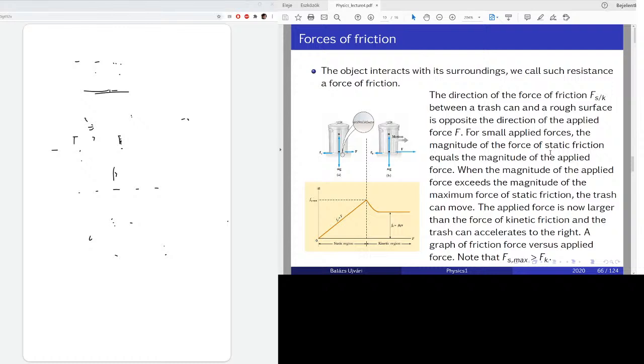So we can talk about static and kinetic friction. Static friction is when you try to push a box and it doesn't move. In this case, there is a so-called static friction. And you can imagine the magnitude of the static friction depends on the external force. For example, here we have a box,